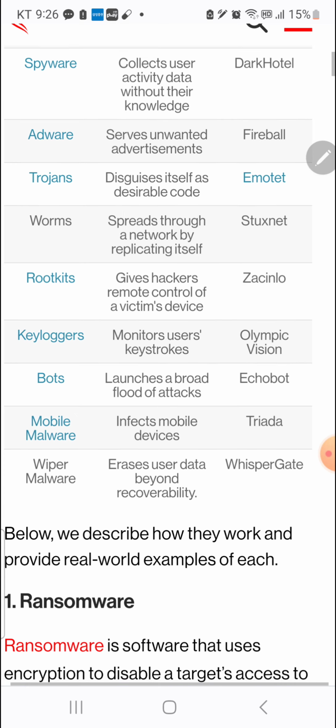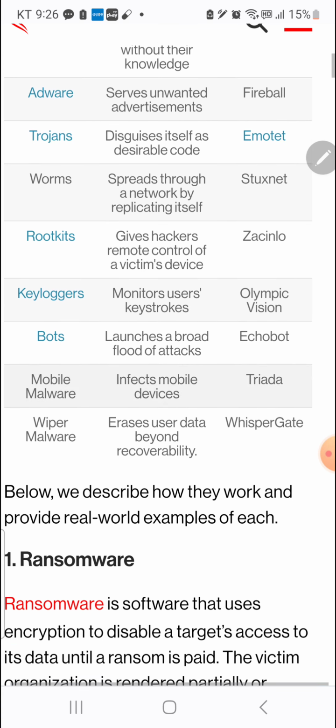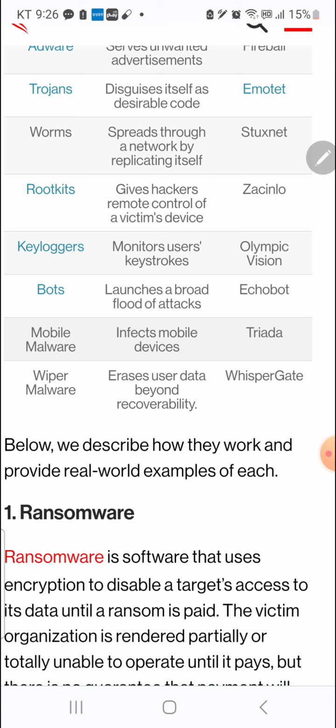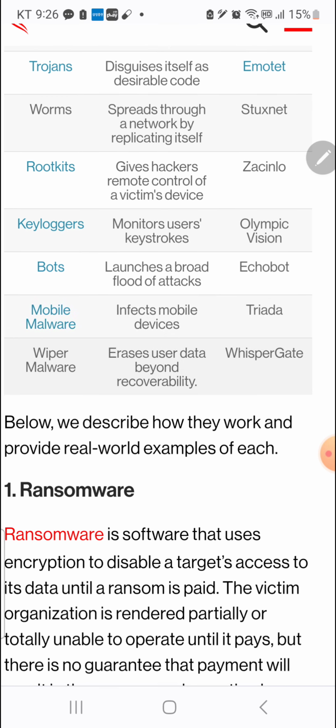Emotet. Worms spread through a network by replicating themselves. Stuxnet. Rootkits give hackers remote control of a victim's device. Sachinlo. Keyloggers monitor users' keystrokes. Olympic Vision.